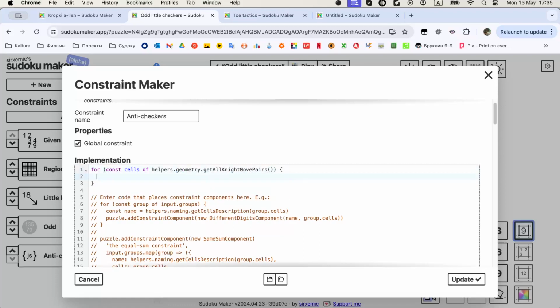then we could iterate on all these pairs of cells by using a helper, and let's say a new different digits component. So that's, for instance, the way to implement anti-knight by yourself. Basically, if you're coding a global constraint, you need to